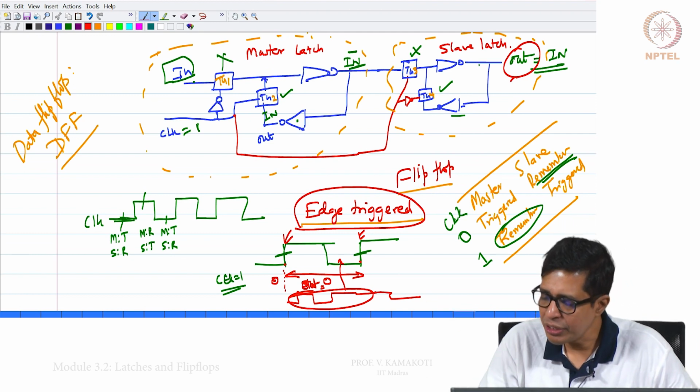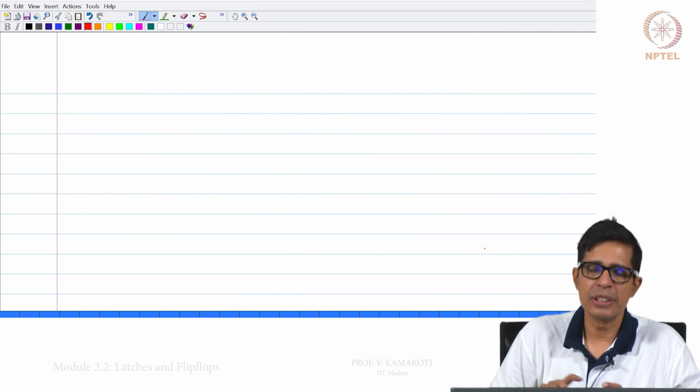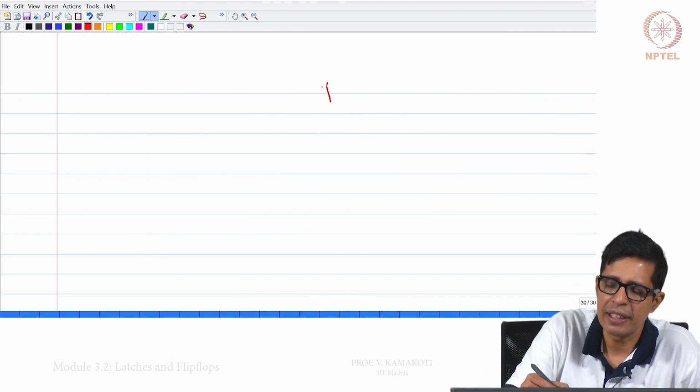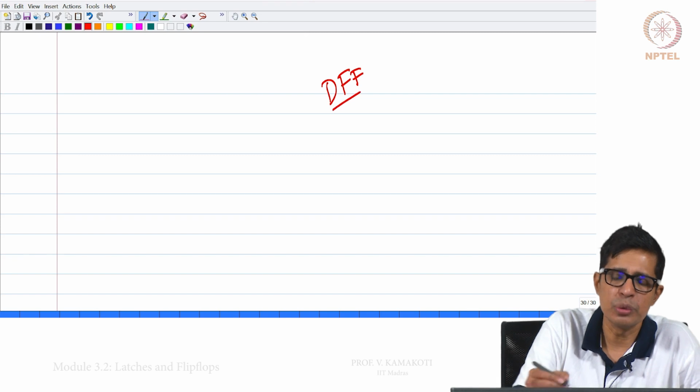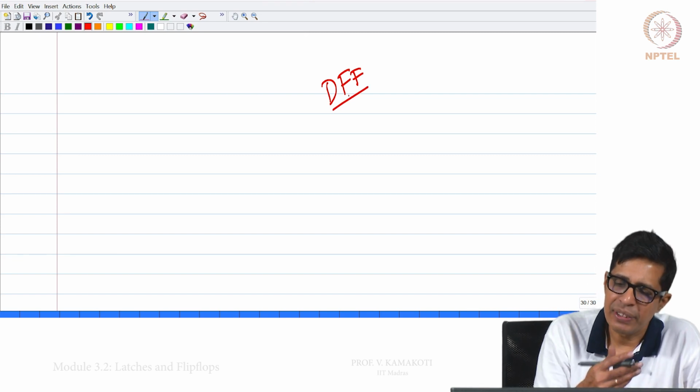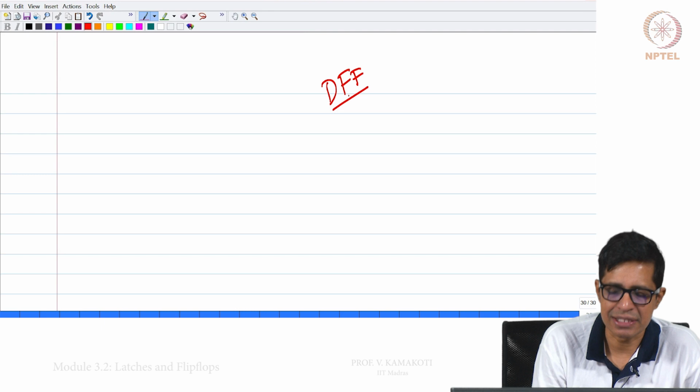So, as a part of this project, the sequential element that we will be using is this D flip flop, whose structure I have defined earlier, which is constructed using basic transistors.